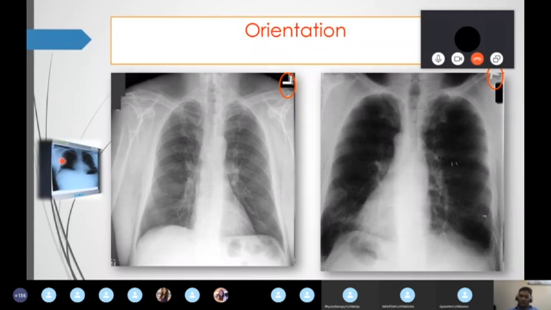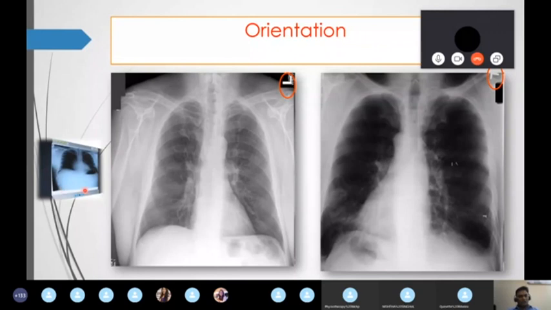Keep in mind, don't completely rely on the labeling. It's very important because sometimes the technician may make a mistake. They keep right and left in a wrong place. So the best one is simply to see the heart. Always all of you see the heart. Everybody knows that the heart is mostly on the left side. Two thirds of the heart is on the left side and one third is on the right side. So now see the heart, and keep it in the X-ray box.